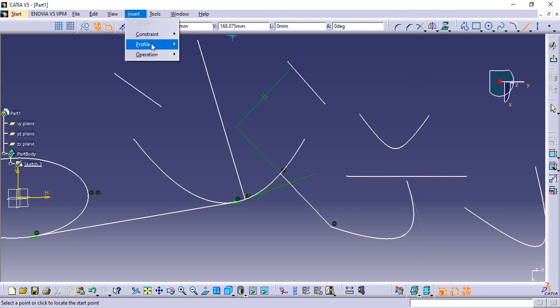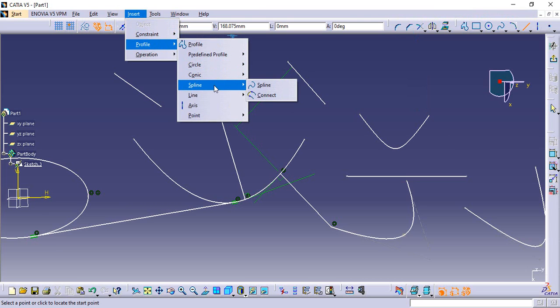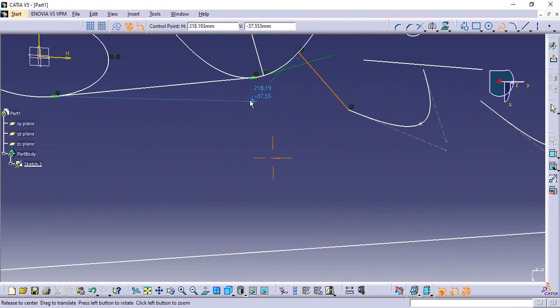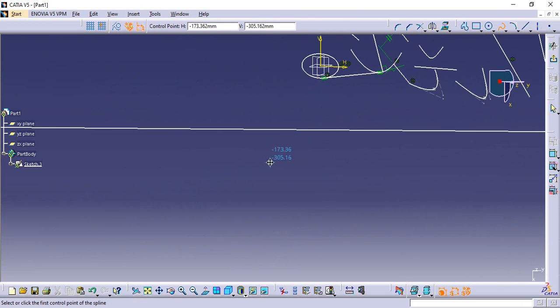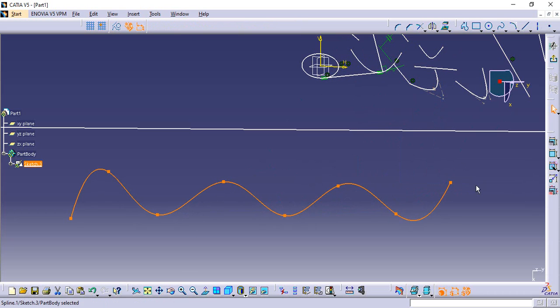Now I am switching to the next toolbar, which is spline. Spline is a continuous line like a profile line, but in spline we do not have any sharp corners, and the line will keep continuing until we double click, uncheck the command, or press the escape button, and you can construct this line.